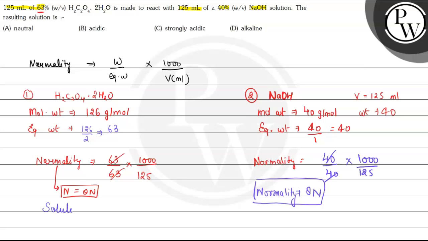So the final solution is actually neutral. Because oxalic acid is an acid and sodium hydroxide is a base, and they have the same concentration or normality, that's why the solution of both these is neutral. So the correct option of this question is option number